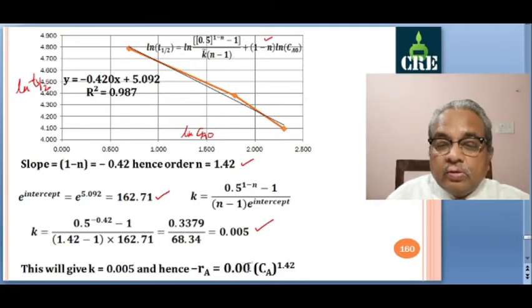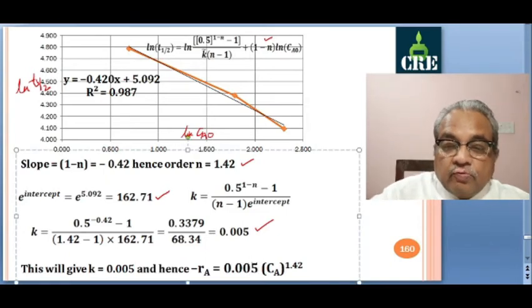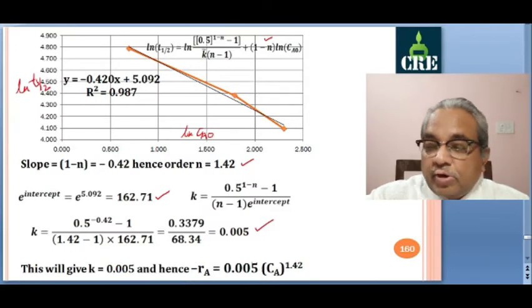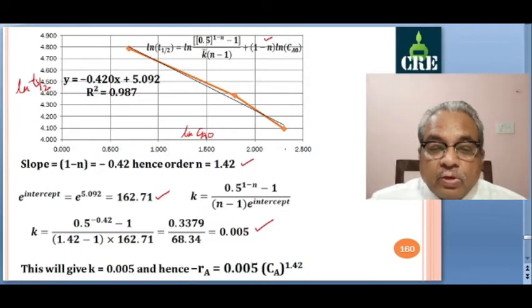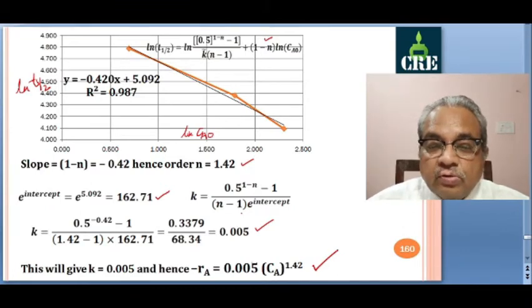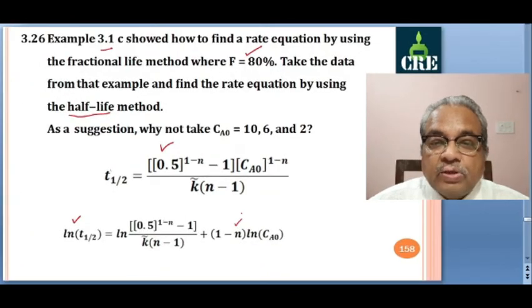We need this 5 here. Okay. So 0.005 minus Ra is equal to 0.005 Ca raised to n, n is 1.42. So this is the rate law which we have obtained for the data of example 3.1, where the fractional life method